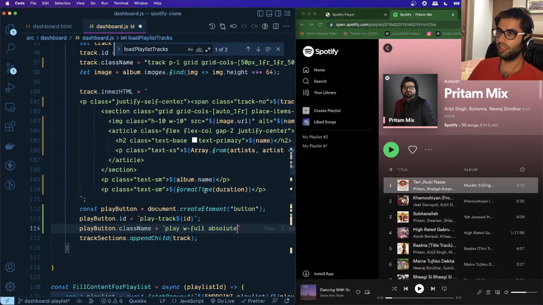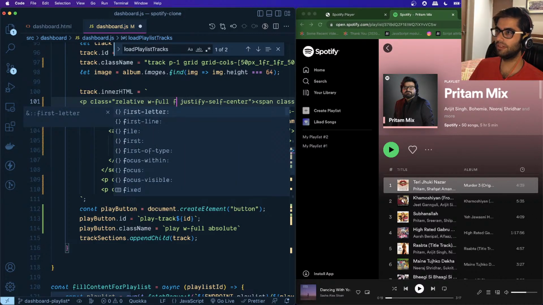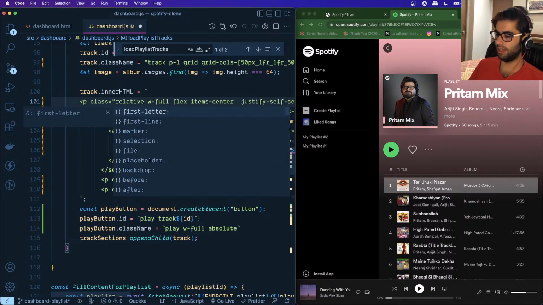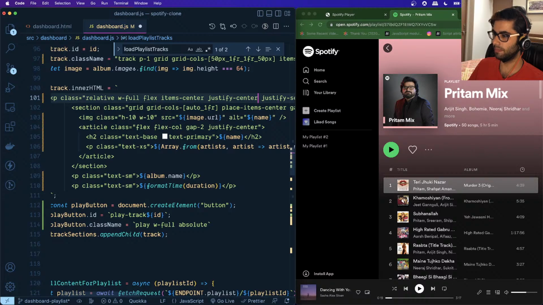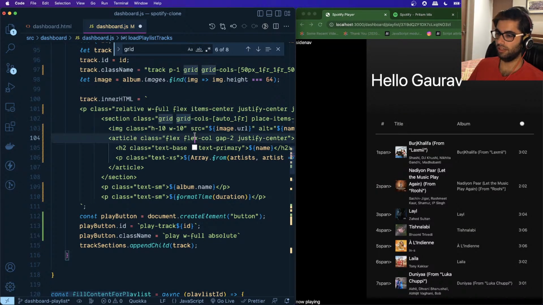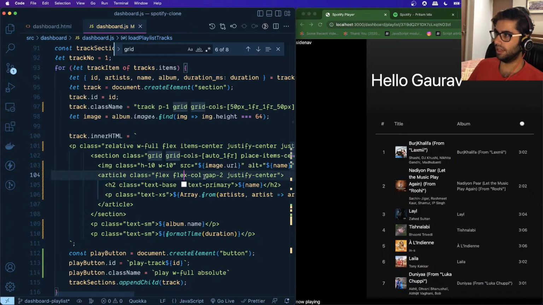Okay. So we'll make this element relative. Okay. We'll give this a full width as well. And we will say that we will use flex, and we will justify the items in the center, and we will justify the content in the center as well. All right, let's save this. Okay. And